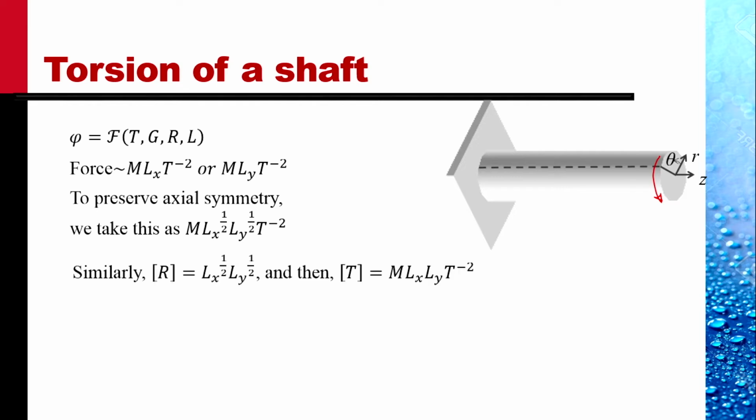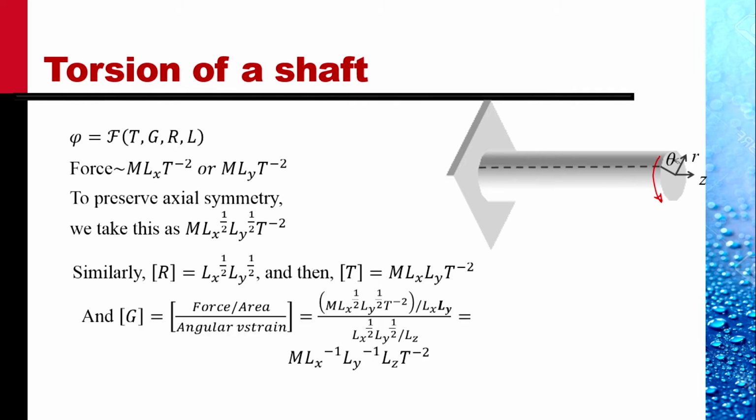Similarly, the radius of the shaft, which is anywhere in x and y plane, and to preserve the axial symmetry, we write the dimension of R as Lx raised to power 1/2, Ly raised to power 1/2, and then the dimension of the torque would be force times the radius, and we can write it as M Lx Ly T raised to minus 2. And then the dimension of G,